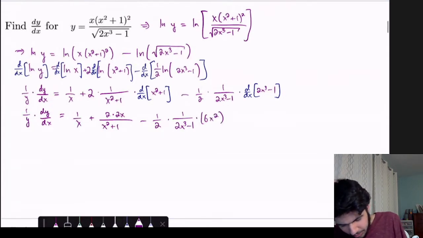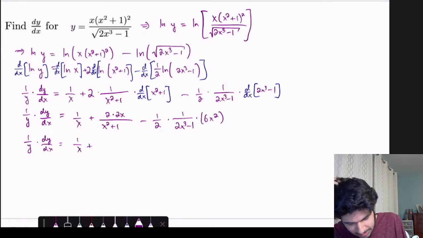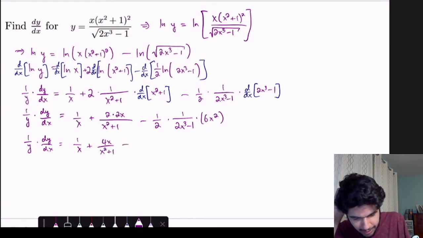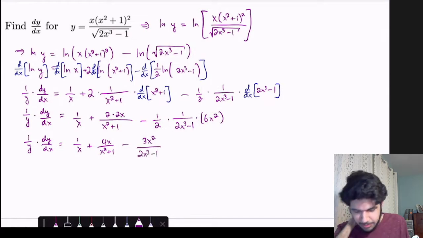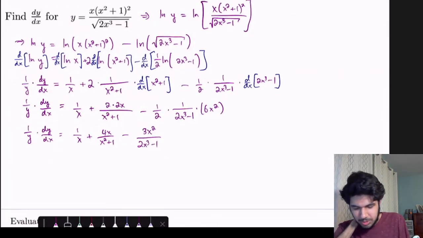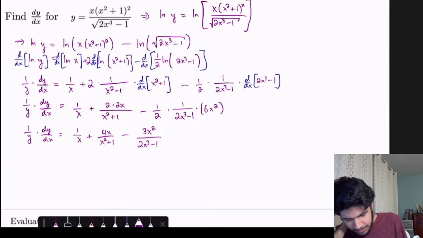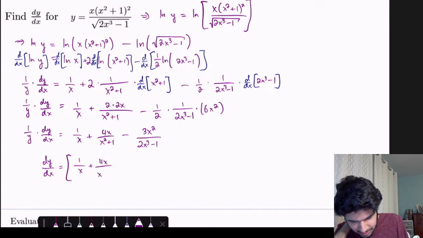And let's simplify a little bit more. So 1 over y times dy dx equals 1 over x plus 4x over x squared plus 1. And then we have this 2 canceling with this 6 to make 3x squared, and on the denominator, we have 2x cubed minus 1. And we're solving for dy dx, so we just have to multiply by y on both sides, and we'll get dy dx equals 1 over x plus 4x over x squared plus 1 minus 3x squared over 2x cubed minus 1 times y,